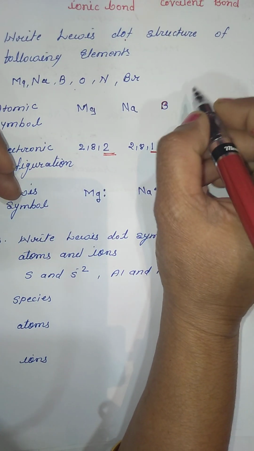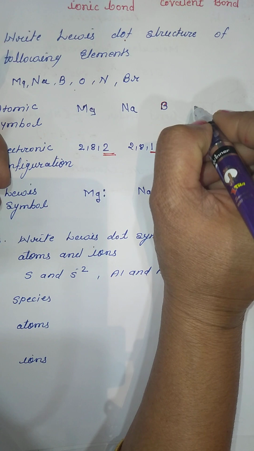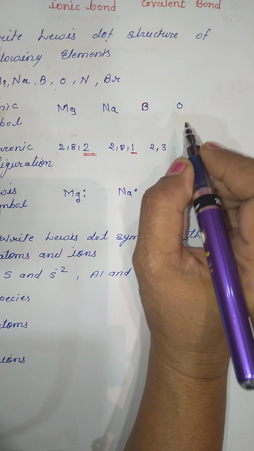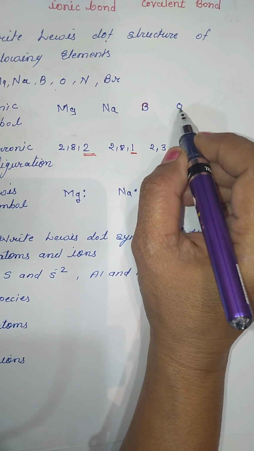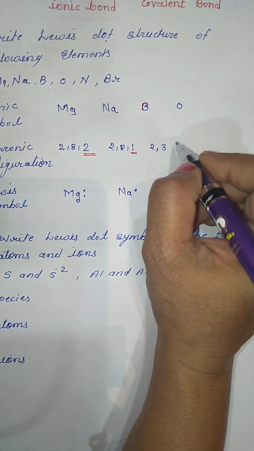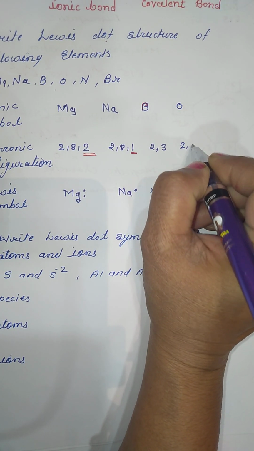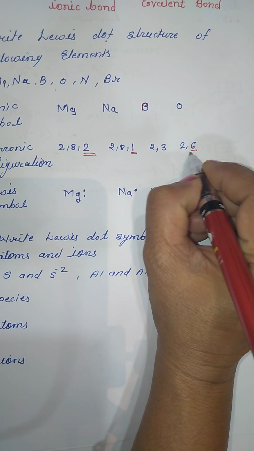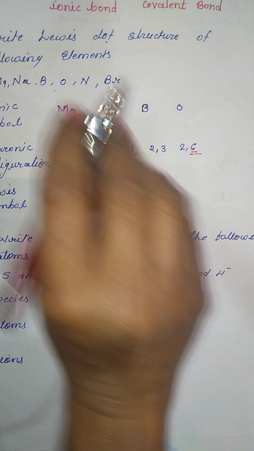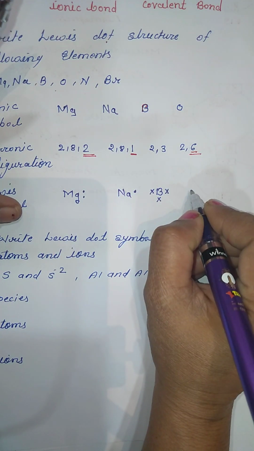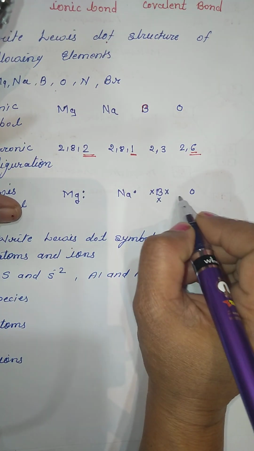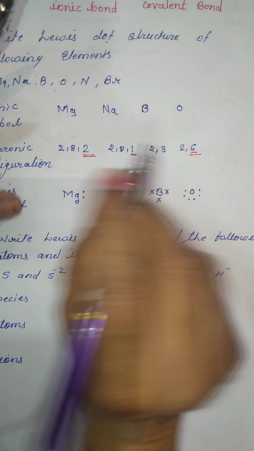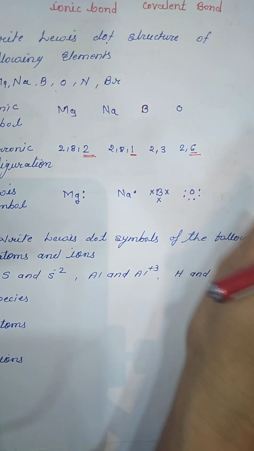After that, this is oxygen. So again oxygen is the symbol. What is the electronic configuration? The atomic number of oxygen is 8, so 8 is 2 and 6. So how many outermost electrons? The outermost electrons are 6. So what is the dot structure? We will write the symbol of oxygen and now show the 6 electrons. These 6 electrons you can again show in any direction around the symbol.